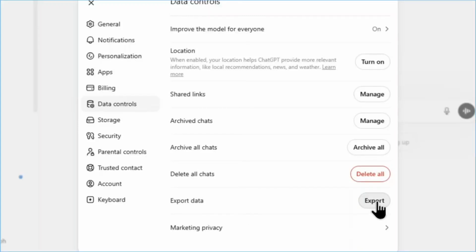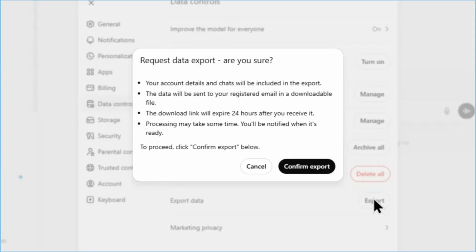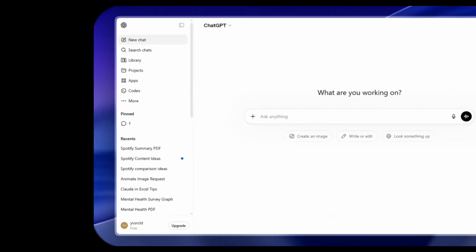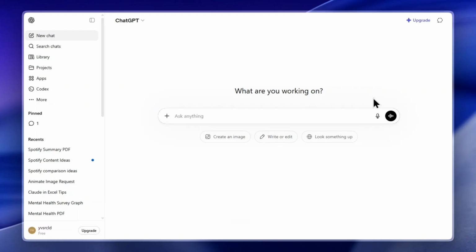I'm going to show you how to export all your ChatGPT chats and data. Whether you want a backup or just want to keep your history safe, this takes less than a minute to set up. First thing, make sure you're signed into ChatGPT at